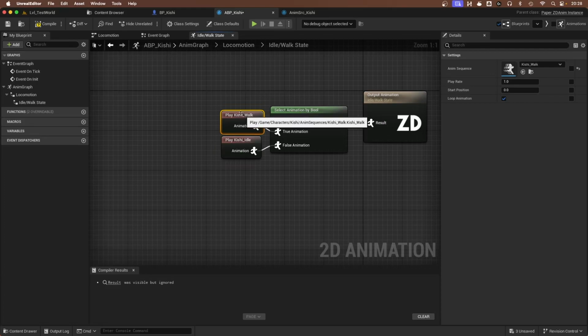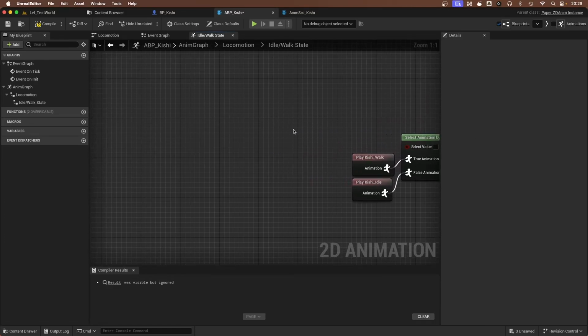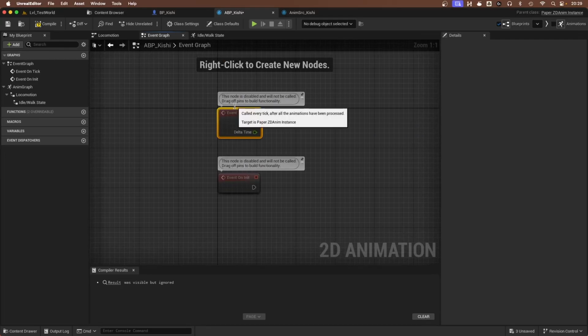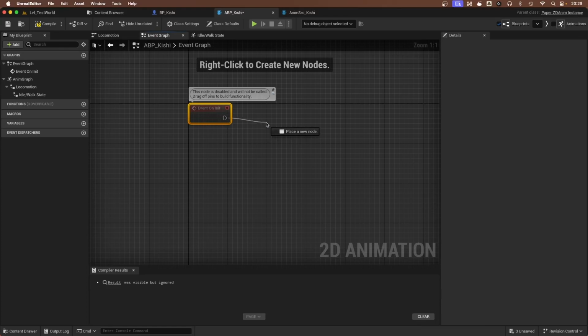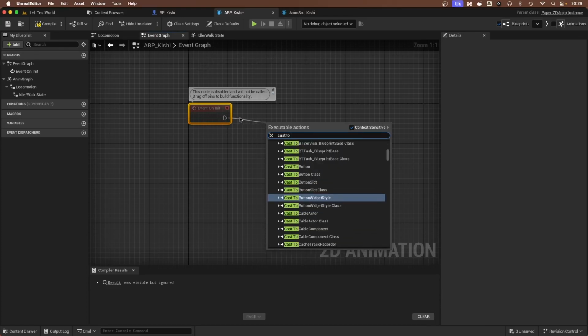And there we go. So now what's going to let us select it? Well, this is going to be very simple. We're going to be doing something slightly complicated, not too complicated, very, very simple. Event graph, and you want to go to this one down here. Event on initiate, like so, when it first starts, when it first runs, when it's initialized, you're going to want to drag off this and want to go cast to